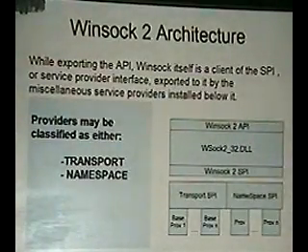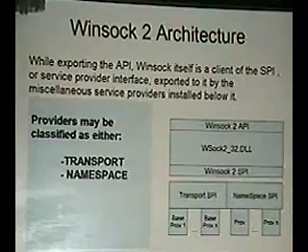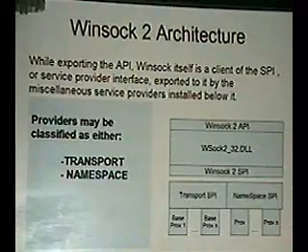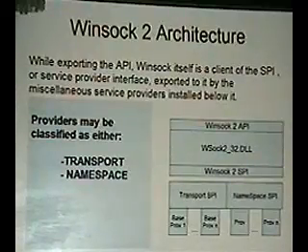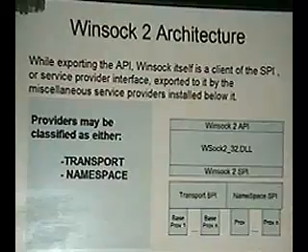So if we try and look deeper, we see that we have this WinSock API layer, which is, again, the top interface. But we also see that we have a WinSock SPI layer, which is a bottom interface that is meant for what Microsoft defines as service providers. Now, the term service provider, like I said, is a key term here, because service providers are essentially either hardware types, namely your network cards, et cetera,